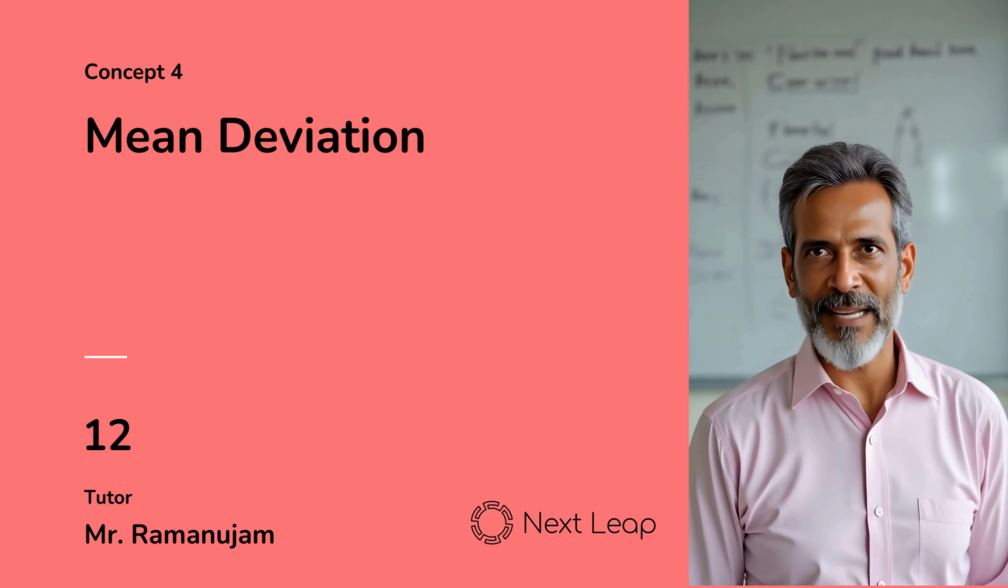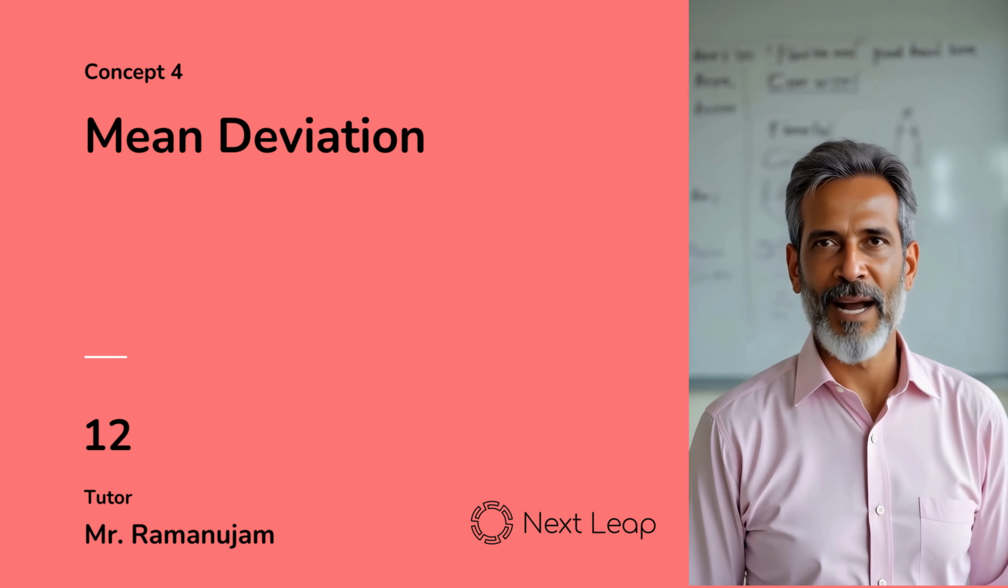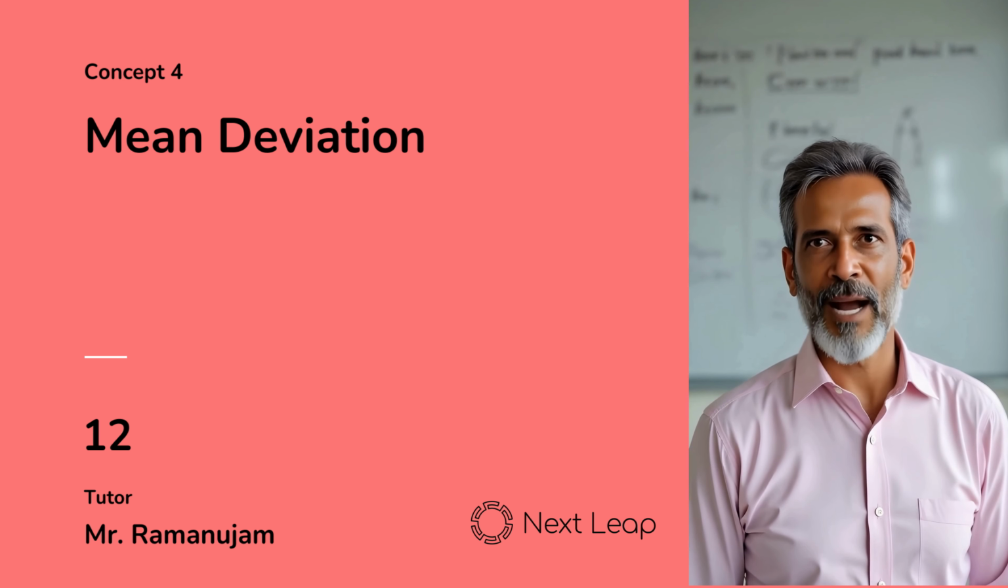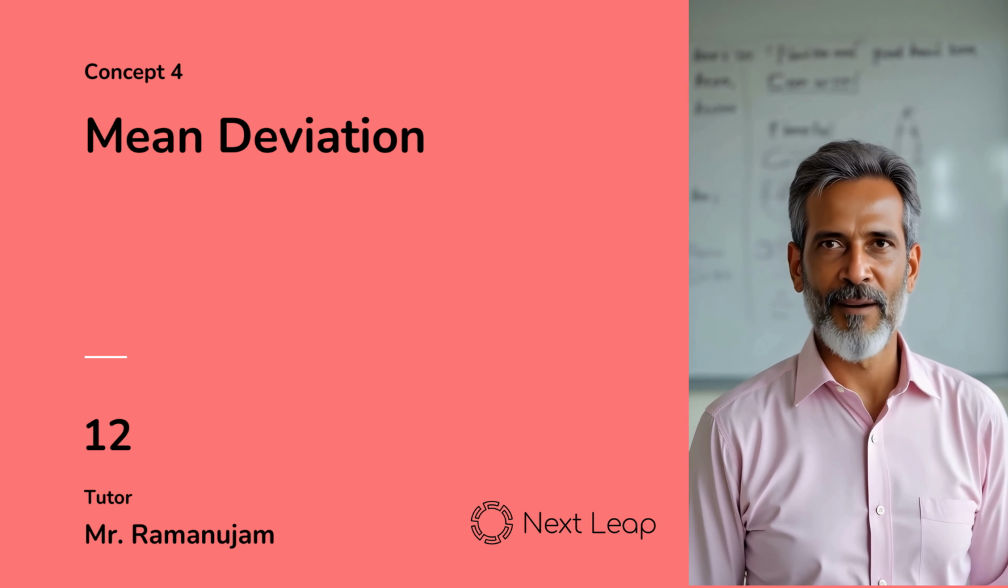Simply put, it's the average of how far each data point is from a central value, like the mean or median of the data. Here's the formula you'll often see. Mean deviation equals 1 divided by n multiplied by the sum of the absolute values of x sub i minus a, where a could be the mean or the median. In words, that's the sum of the absolute differences between each data point and the chosen center divided by the